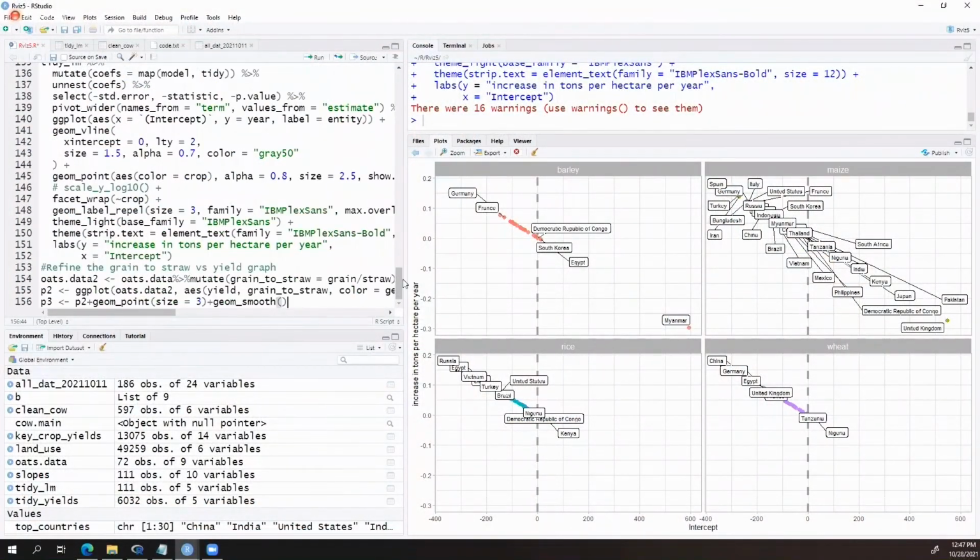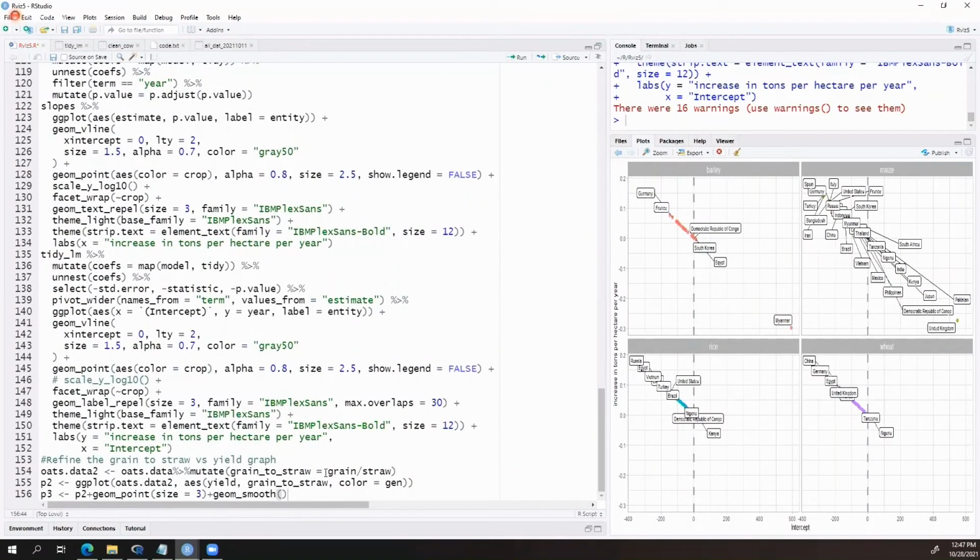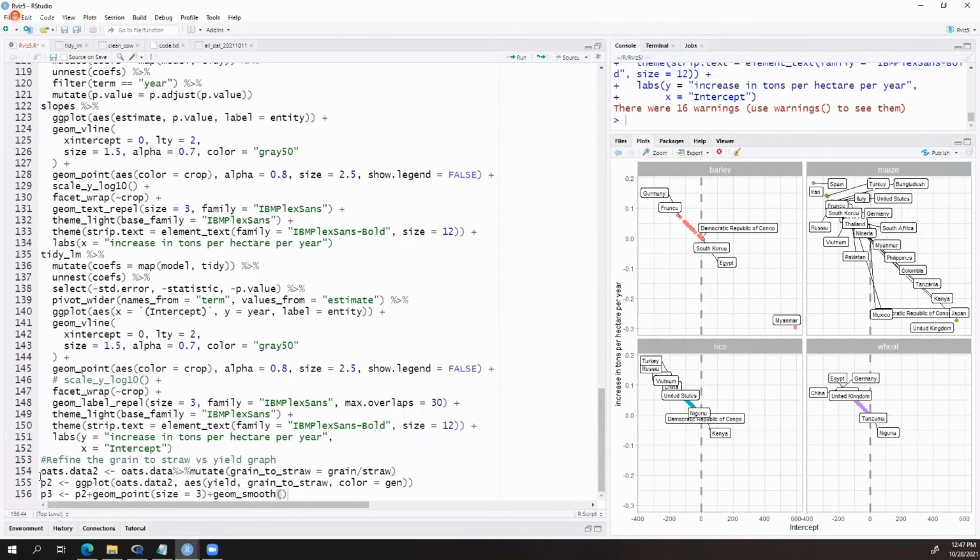To do this, I had actually played with a term where I ratioed the grain to straw for our oats data. So if we take our oats data and then mutate it by creating this ratio, that's the first step.